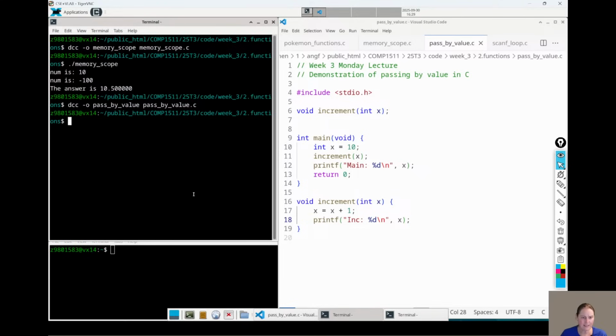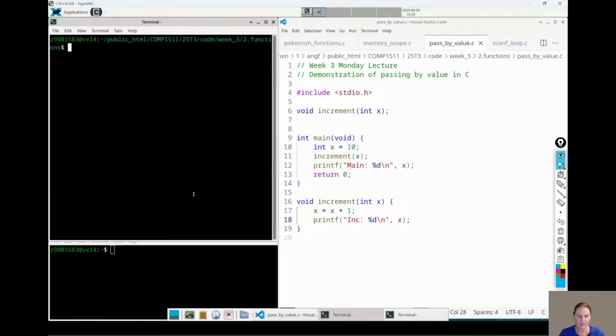So I'm compiling this. Let's see what it gives us. It prints out an 11, then a 10. Now, what on earth is going on? This is an example where it's very easy to think, okay, this is called x, I'm passing it into the function, this function is adding 1 to x, and now my value of x is 11. But we've got to remember, this is a local variable for this function.